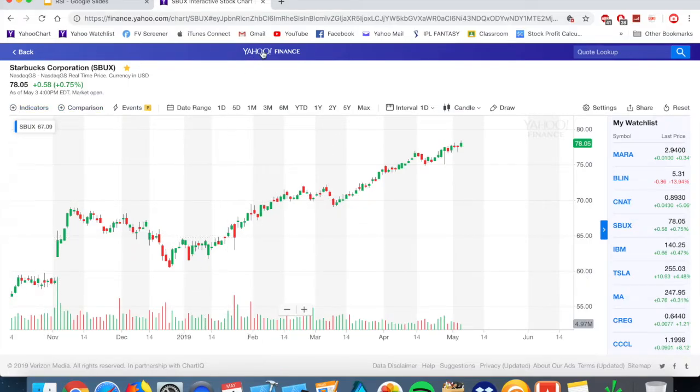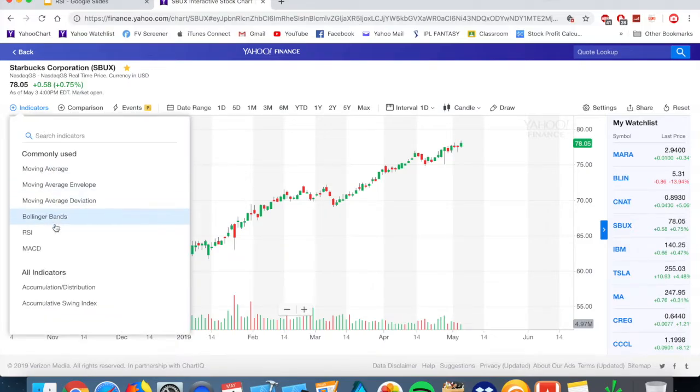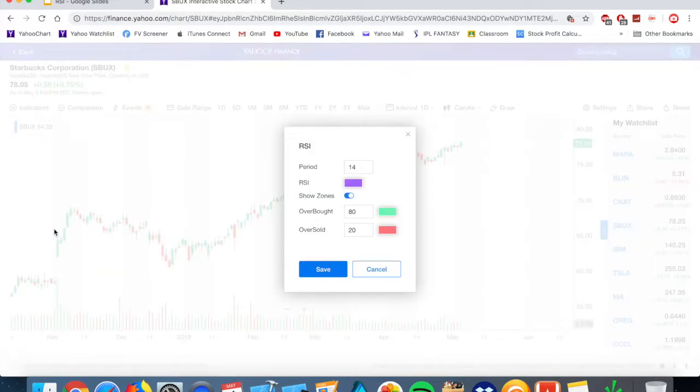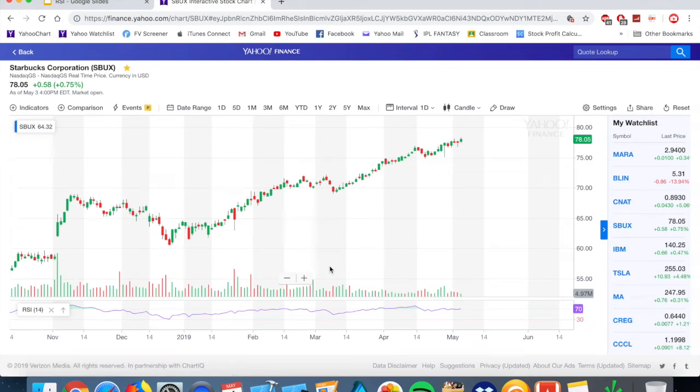I'm using Yahoo Finance here, and to set up the indicator, you just go over to the indicator section. You can click on it, and it's one of the most commonly used indicators, so you can just select RSI here. We're going to be using a 14-day period since that's the most common period that many investors use, and we're going to set overbought to 70 and the oversold range to 30. Once we click save, you'll see that an